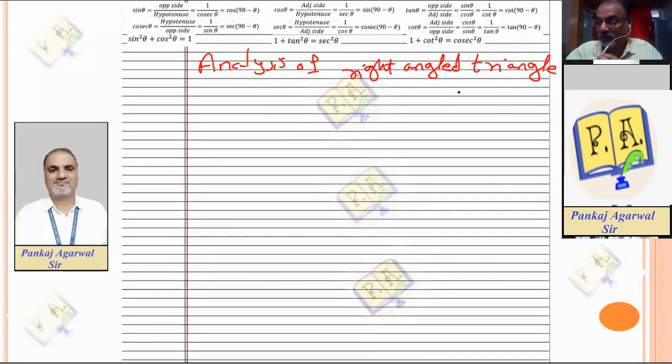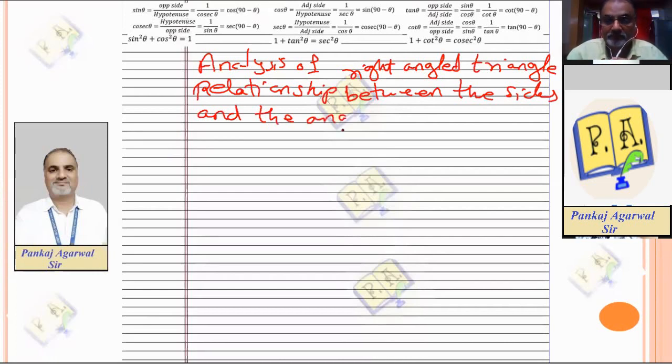Basically, it deals with the relationship between the sides and the angles of a right angled triangle. Last year, we have studied that the ratio of any two sides of a right angle triangle is dependent on the angle of a triangle. So we have studied last year